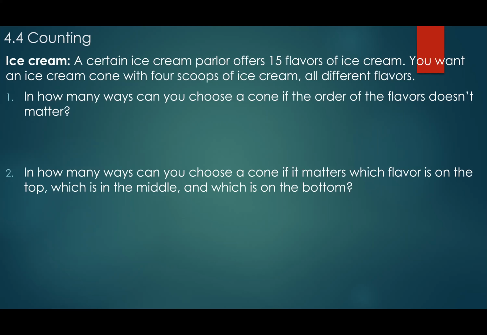So looking at this, number one, do you agree that because the order does not matter, we use a combination, right? We know that the total is 15 and we need to choose 4. And this is what I told you guys last time, that if you have two numbers, one big and one small, your total will always be the bigger number. Why? Because there's no way you can choose 15 if you have only 4, right? You have to choose